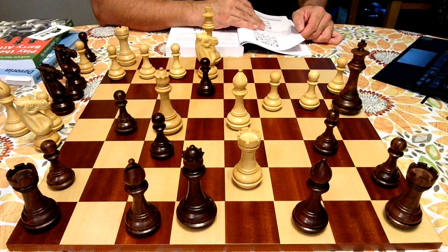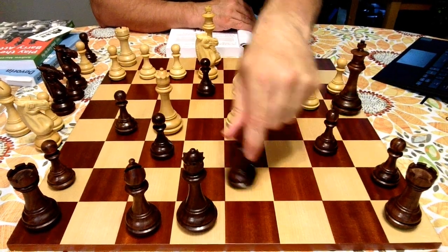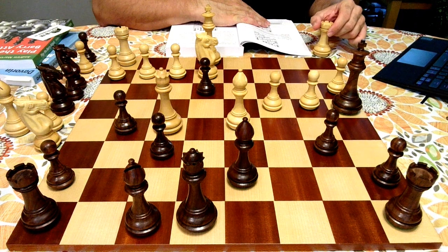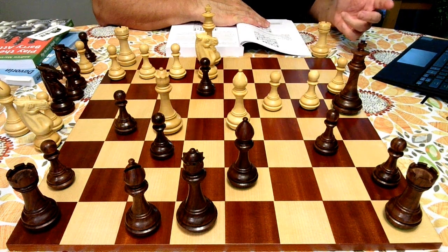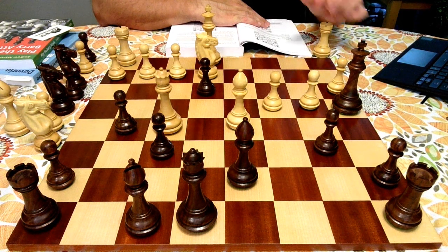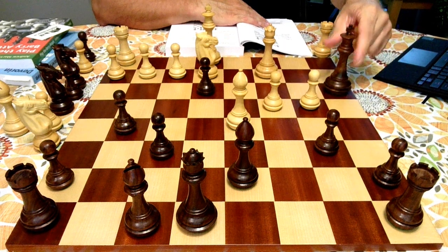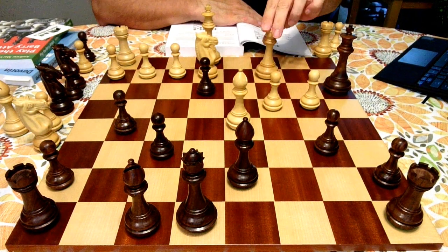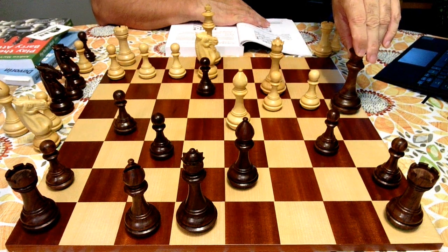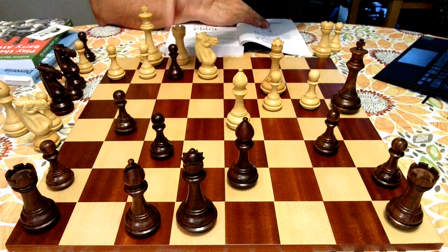So black plays queen e5, but it was also possible to play bishop d7. And I want to show you this line because there is luckily the diagram, so we can return to the position easily. Queen c2, king takes a3, king c3, king a4, castle, e takes f2,